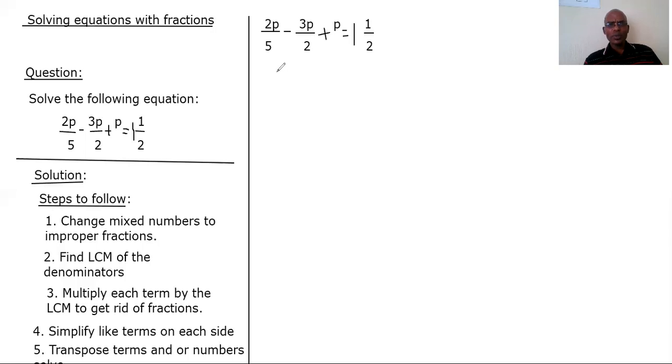Now, we are dealing with 2p over 5 minus 3p over 2 plus p is equal to 1.5. So I'm going to first of all change the mixed number, like I said earlier on, into an improper fraction, which means it is going to be 2p over 5. Then we have 3p